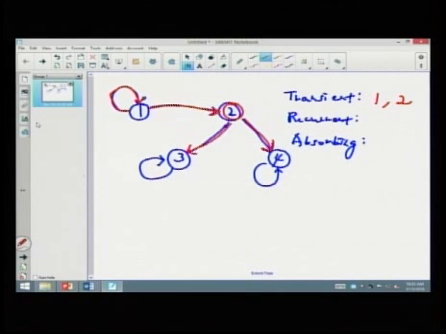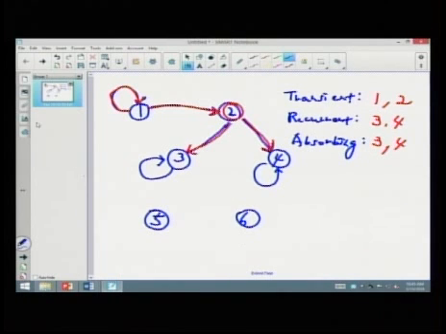Which means 3 and 4 has to be absorbing and recurrent state, right? Is that correct? What if I add another? Let's say this is state number 5 and 6. So we have this. So state number 5 and 6 communicate. And okay, let's put this another transition here.